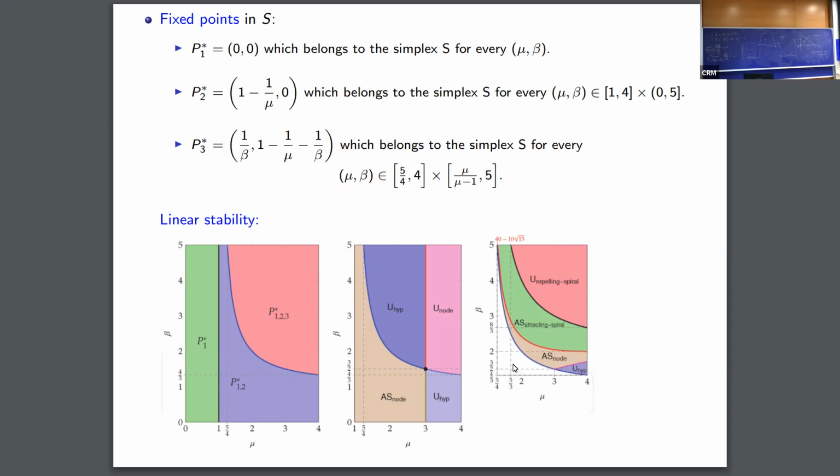This is only for the point P3. It appears in this parabola-like function on the right-hand side, and then you have 1, 2, 3, 4 different types depending on where you are. So it's really very rich. But even more,